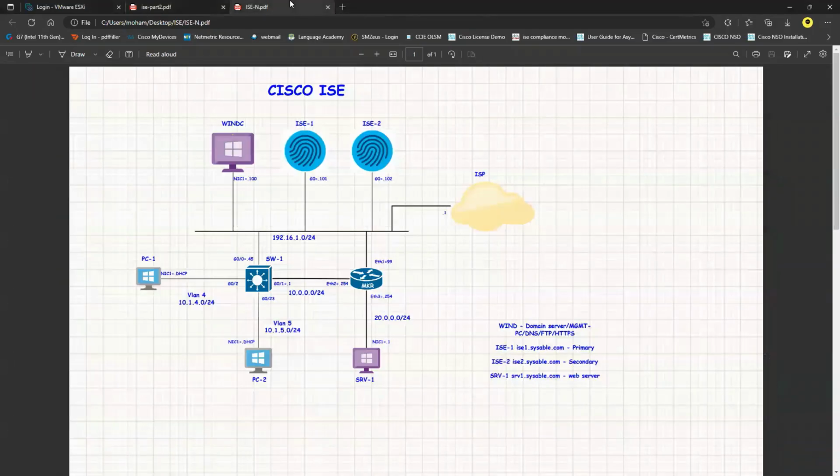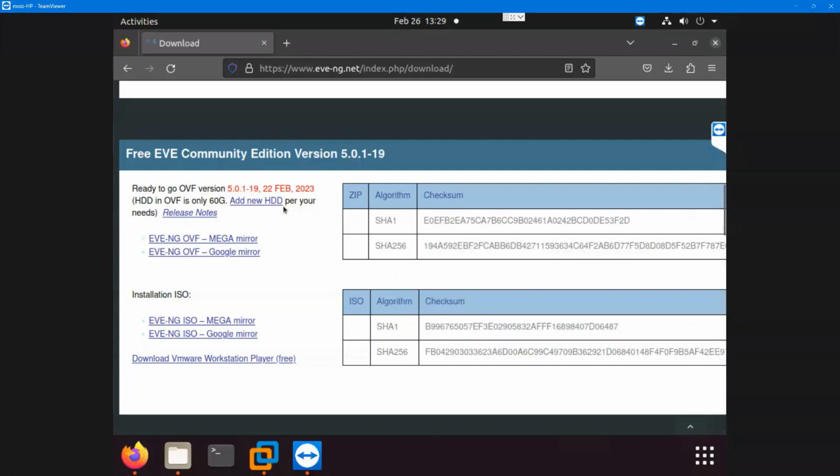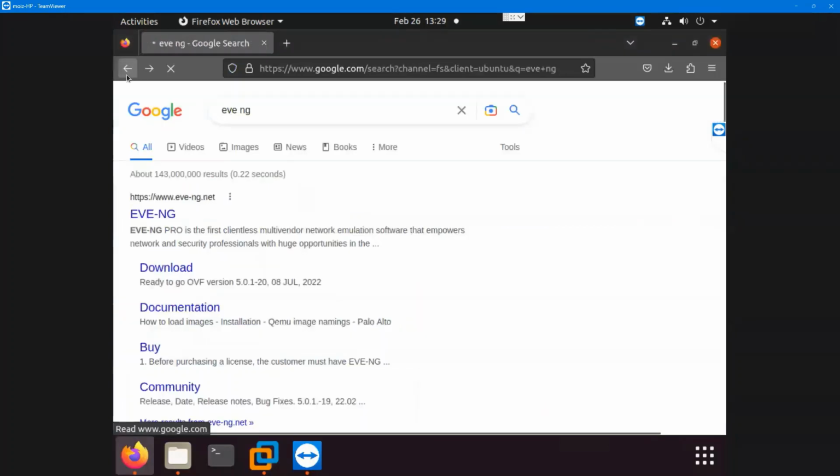So in this video, we are going to now install the EventG, and after installing the EventG, I'm going to install the switch. I'm going to install the PCs, required PCs. So what I'm going to do, I'm going to go to my server now. So I will go to the EventG website. If you go and search on Google EventG and click on download,